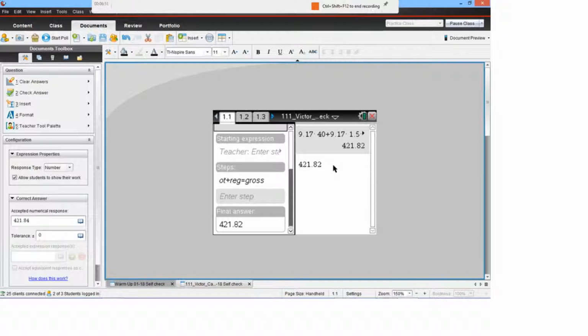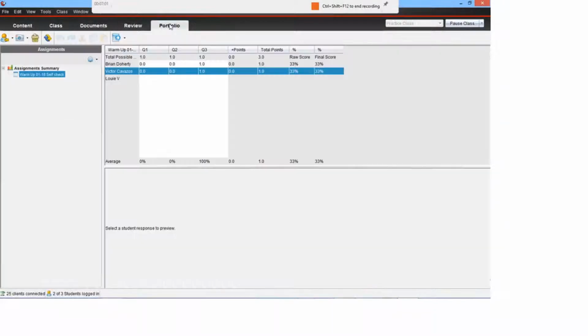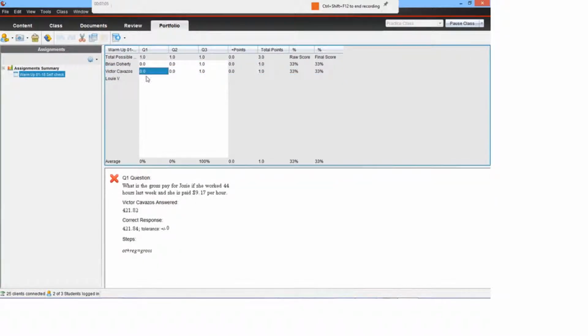If I'm looking at the student's work and noticing that the student did the work correct, let's say that there was a problem with the key. Therefore, if it's a problem with the key, I can come back in on Victor's question number 1 and change that so that he is going to get credit. Okay? And then I'm going to go back to his assignment